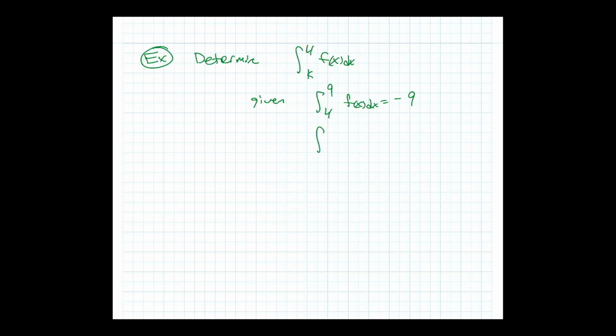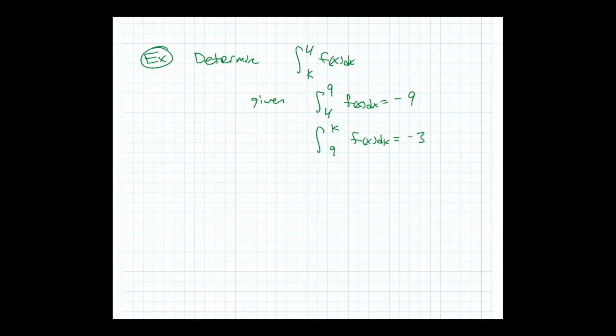All right. So hopefully it'll make more sense this time. Let's try another one. Determine the same exact problem, k to 4, given the integral from 4 to 9 is -9, and 9 to k of f of x dx is -3. So again,